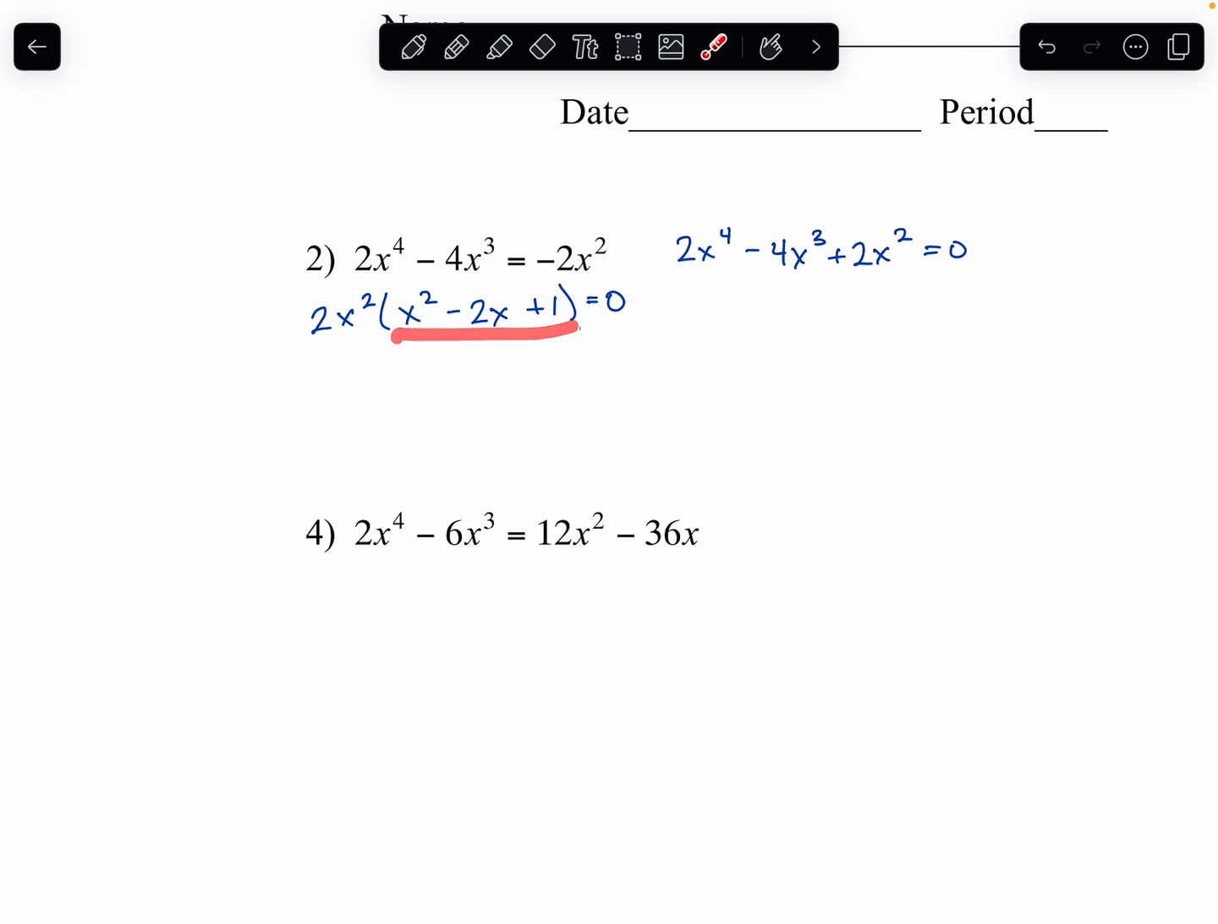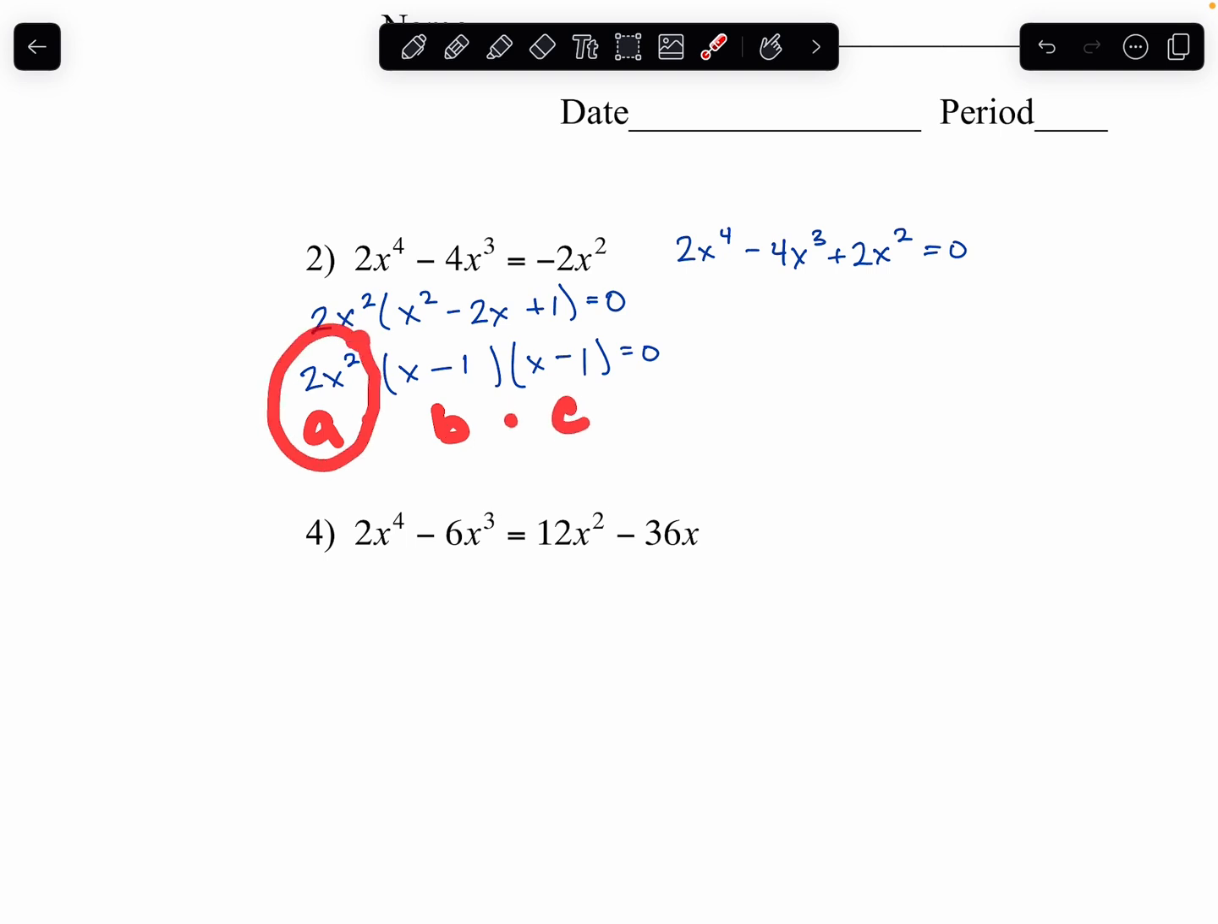I have a trinomial here, so I'm going to see if I can factor that into 2 binomials. First terms would have to be x and x. x times x is x squared. Now I need 2 numbers that multiply to be 1, but add to be negative 2. So that's going to be negative 1 and negative 1. Okay, so now that I have it completely factored, again, let's look at this right here. I have a times b times c. So what would have to be the value of x here to